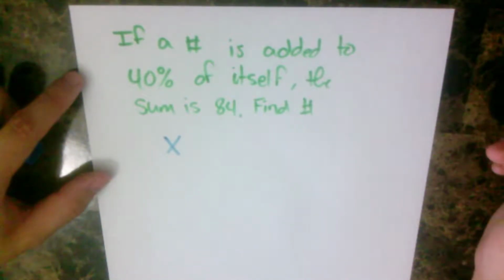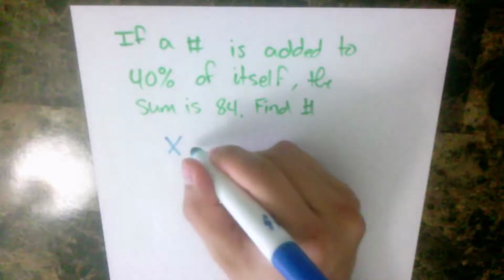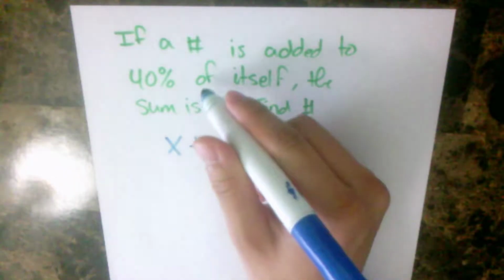We can call it whatever we want. Last time I used G. You can use any letter, but I'm going to use X here. All right. So if a number, so X, is added to 40% of itself,